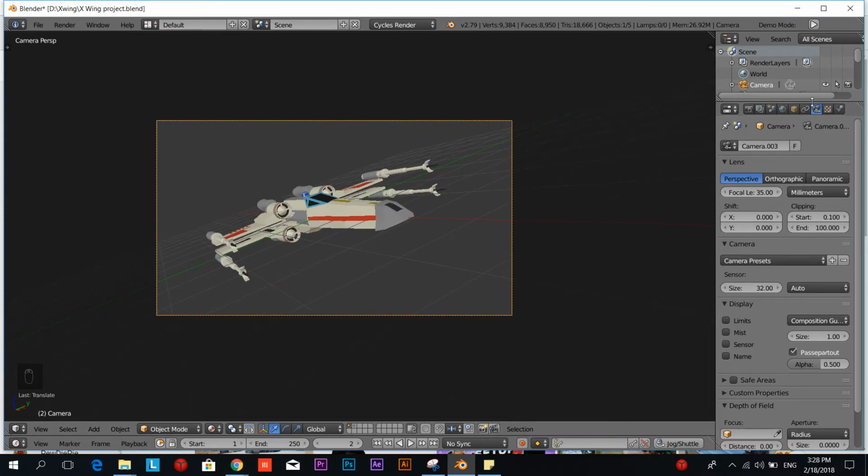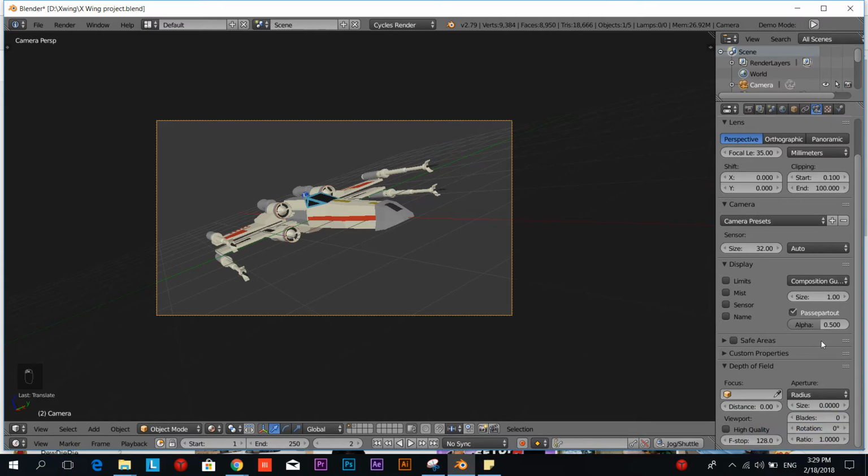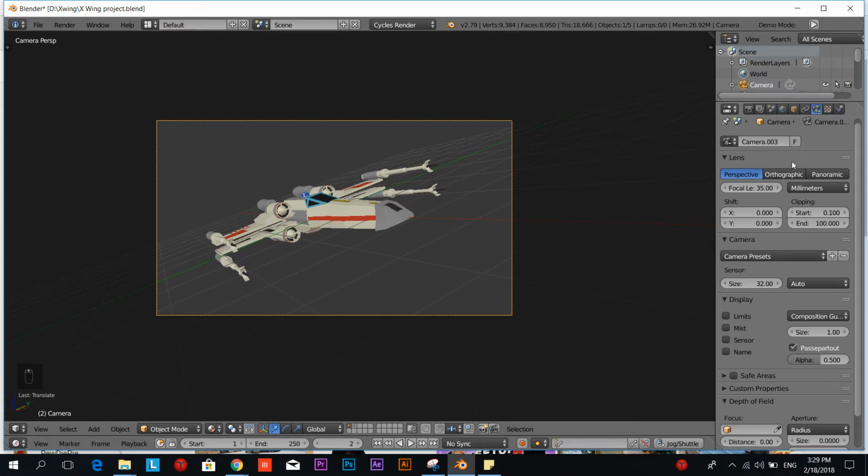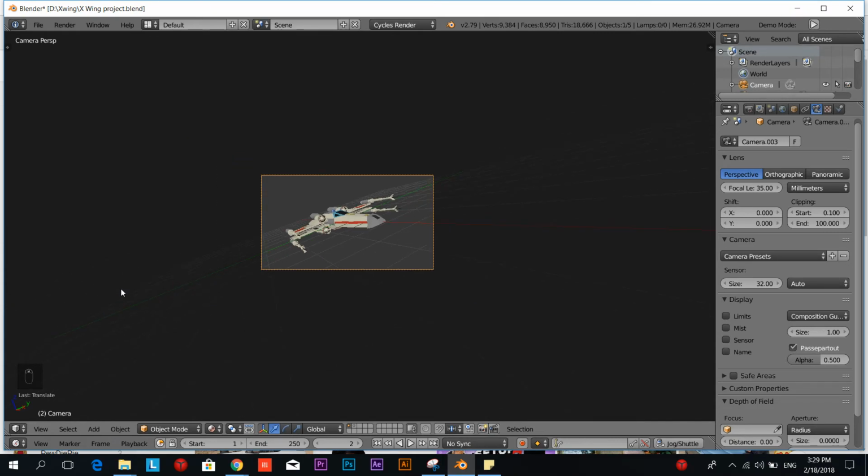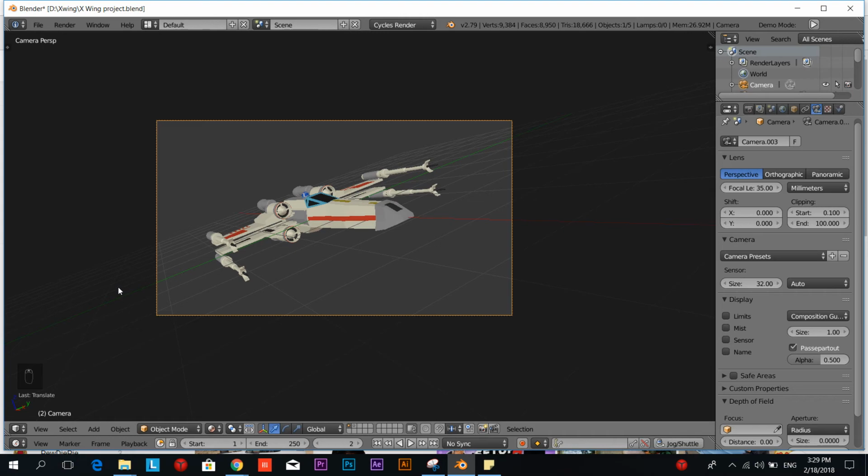So you can see the camera and the camera settings in the tool bar here on the right. You can adjust and select, but we're going to go more in depth with this when we're going to start rendering our image. But until then, this is just a quick tutorial on how we can add and set